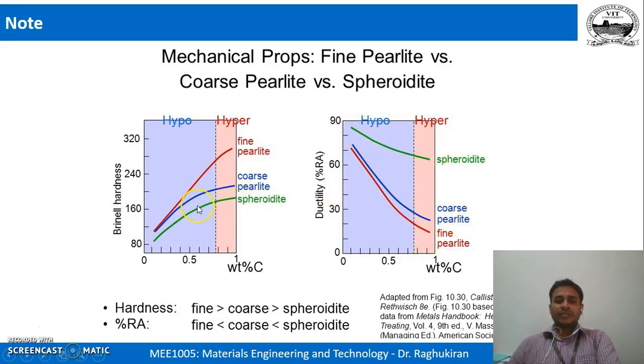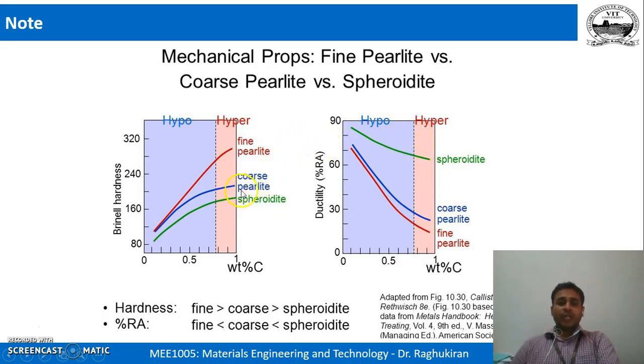Similarly, since they are all opposing properties, hardness is less compared to any other. However, it is desirable because it makes the steel more machinable. Okay, you can do spheroidization, machine it to the required size and shape, and then if you want to increase